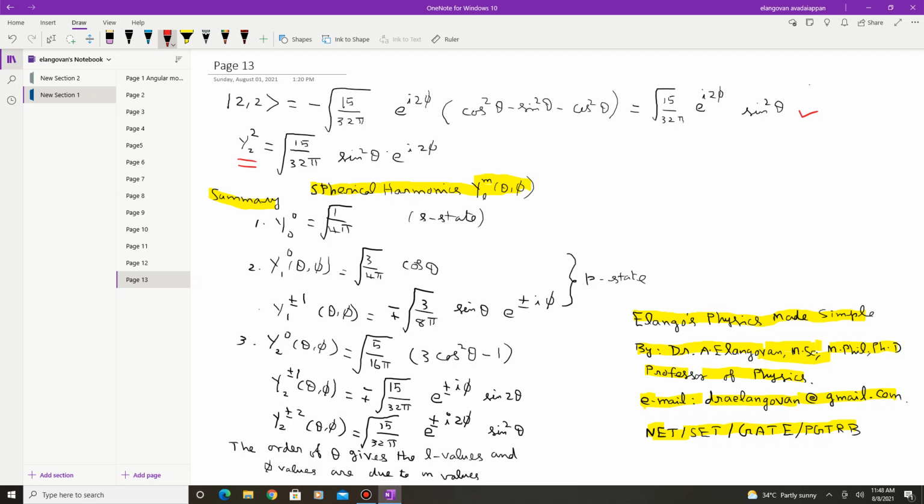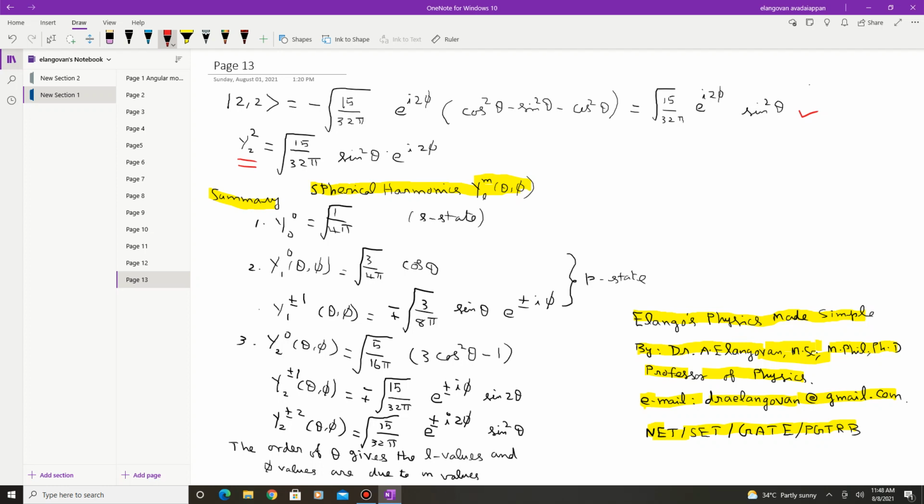So if you summarize, the procedure is the same procedure. Step 1 is you have to write down the lowermost state. The next step is you have to operate the raising operator, and the state will be raised by 1. So you get the next higher state. Then if you want to calculate the next state, again you have to operate the raising operator on the state, and you will get the next higher state. If you repeat again and again, you will get all the states.